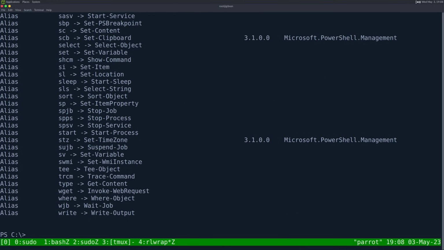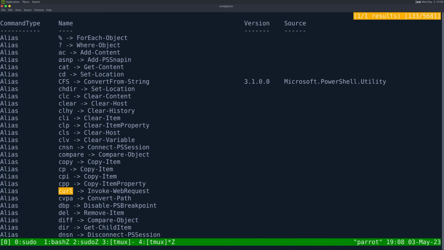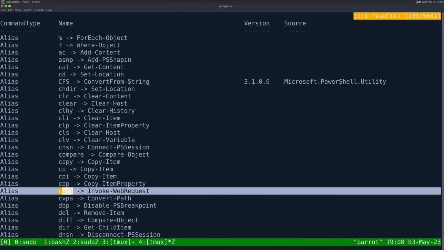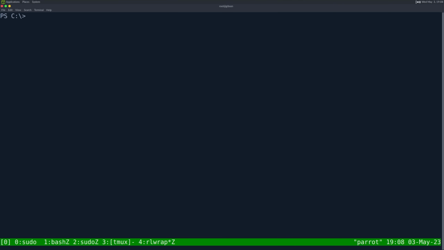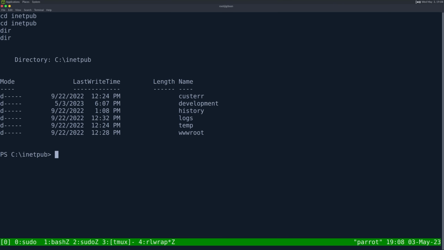Is it an alias if I do curl? It's really just doing Invoke-WebRequest, right? So it's not a real curl. I don't know exactly how to use it. I just mainly use it for GET requests. But the whole purpose is we want to go in inetpub and see what's here. There is a development directory. There's also root. If I go in root,